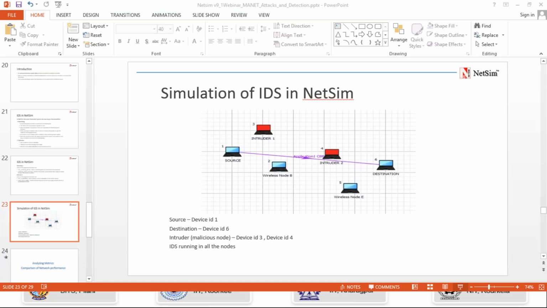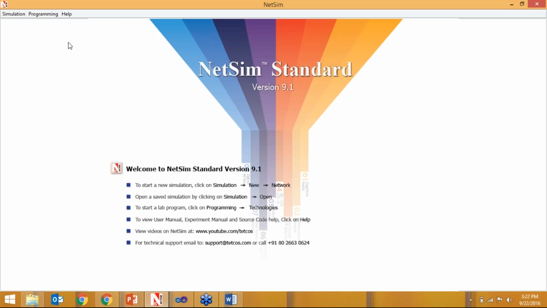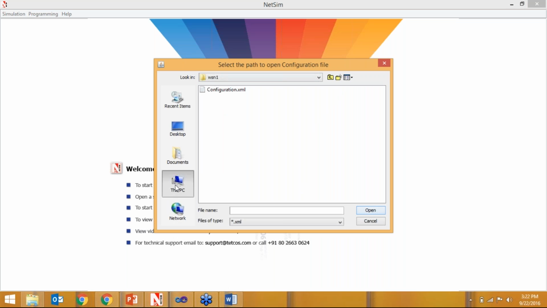Now we'll go to the software and see how we can work on NetSim. So first of all, we will analyze. I just opened a ready-made project for you, where we will analyze